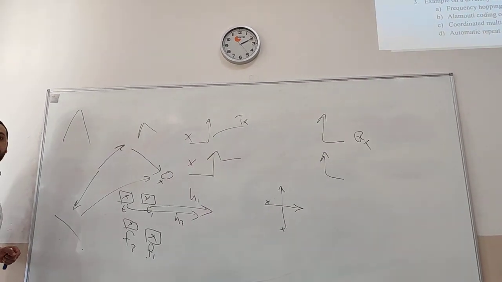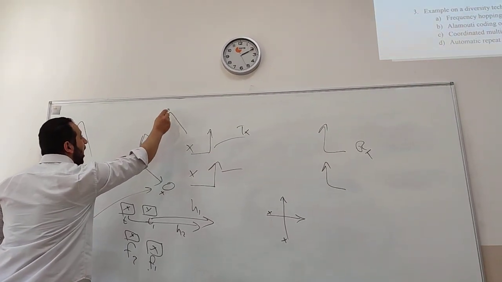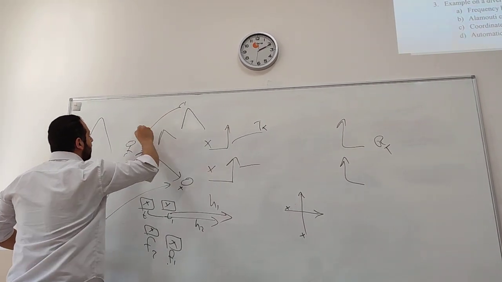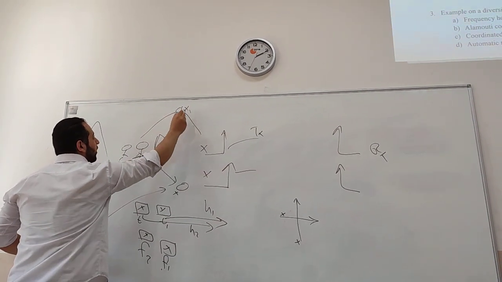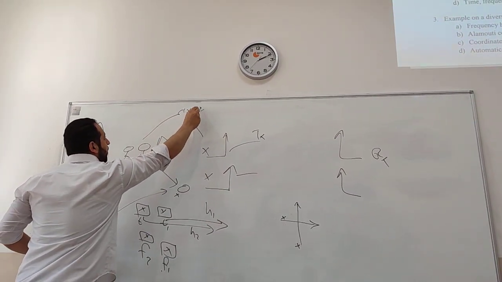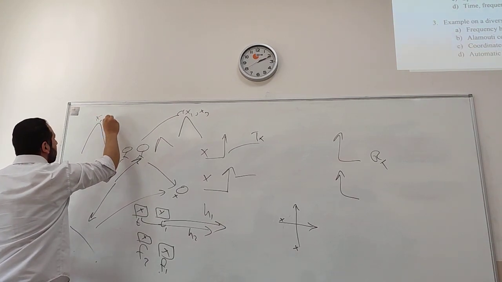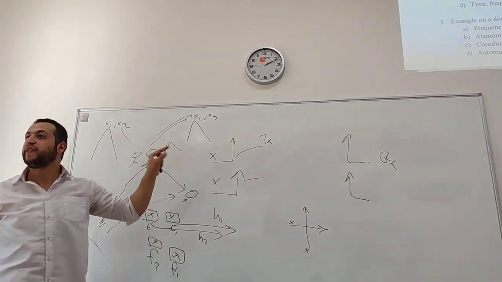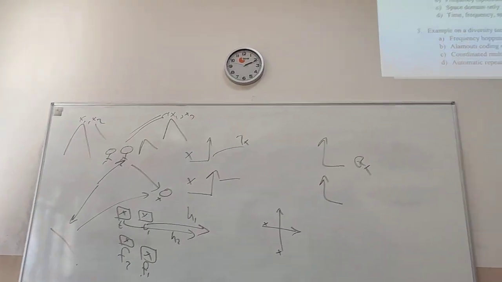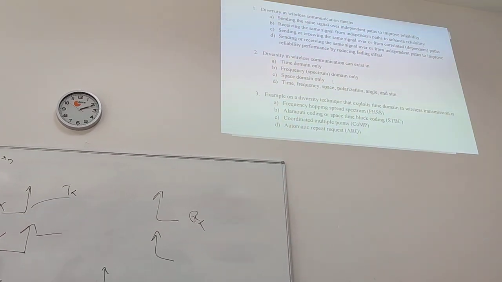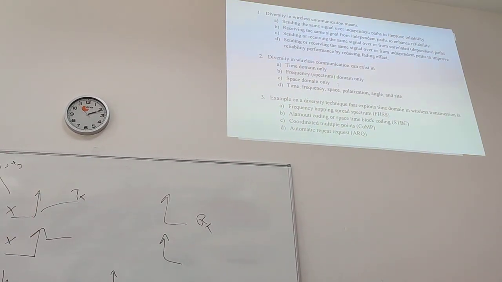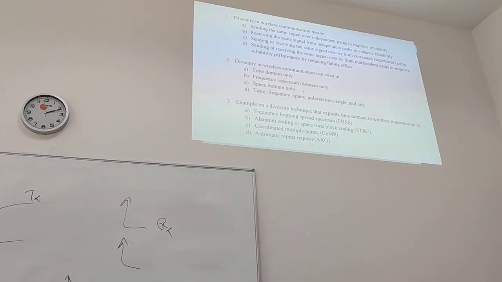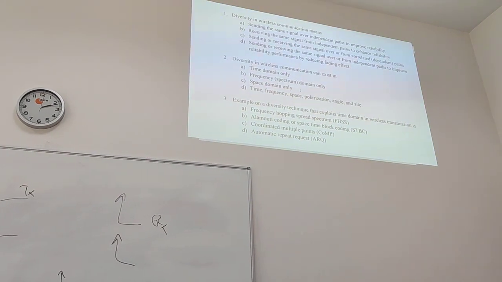You can also use diversity with site. Like you have here a tower or cell, and you have here another tower, and you have users here, and the signal is the same signal for X1 and X2. You are sending them from two base stations. So basically, you get the signal from tower 1 and tower 2, or cell 1 and cell 2, base station 1 and base station 2. So the correct answer is D. And there are also some other types of diversities that we didn't talk about in this course, but in the future, you may encounter them if you specialize in wireless communication.